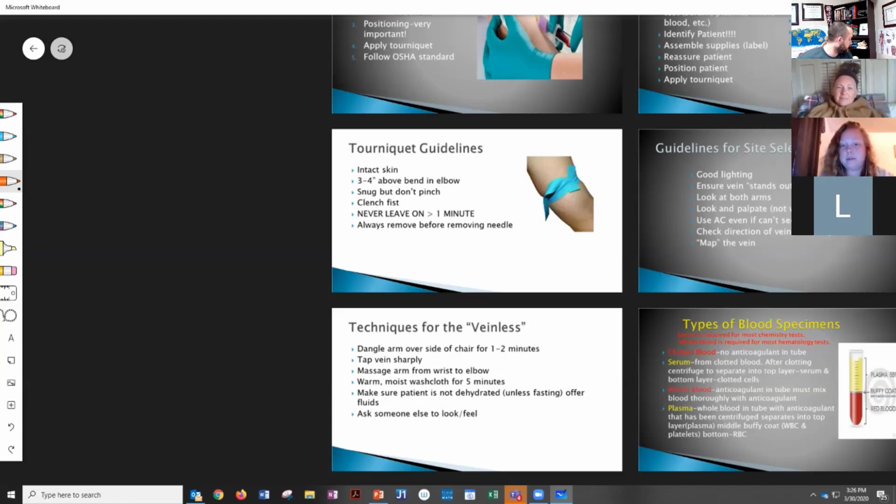I'm trying to think of some test questions we've had. I'm looking at the bottom of page 819. It says guidelines for applying tourniquet. These are a bunch of questions. You need to make sure you study this section here. Page 819, it says tourniquet should be applied 3 to 4 inches above the site, right? So